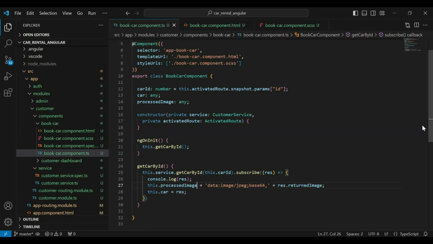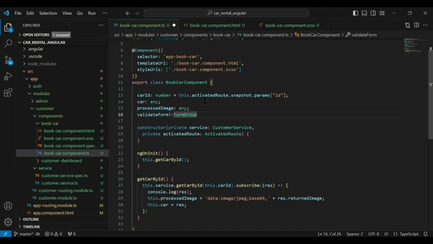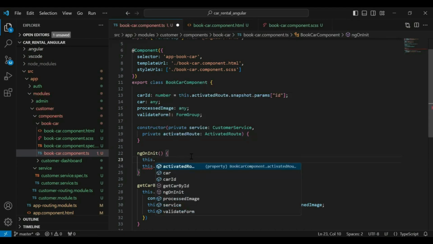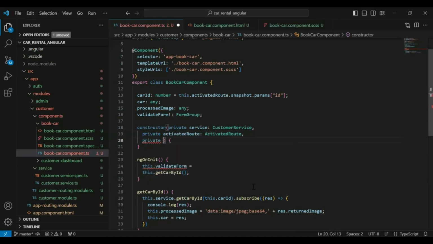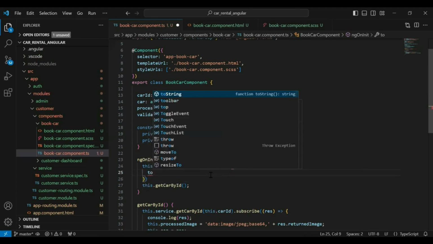Let's go to our book-car component.ts, and here I'm going to initialize a variable, validateForm, and it will be a FormGroup. In ngOnInit, I'm going to initialize the form. So it will be validateForm equals to, let me inject FormBuilder here. And here we need to call this.fb.group, and here we need to declare the inputs that we need to get from the HTML.